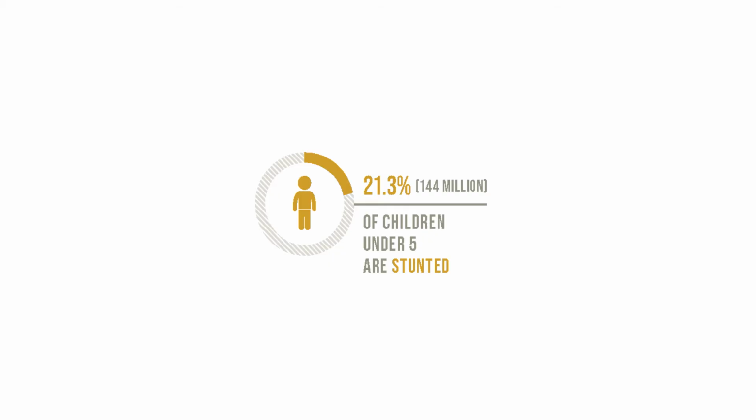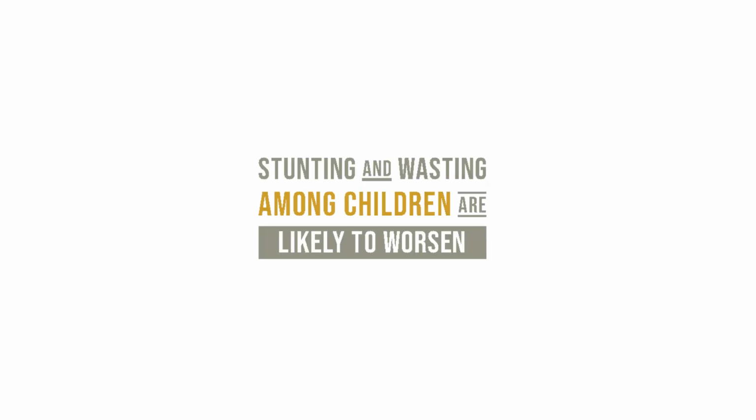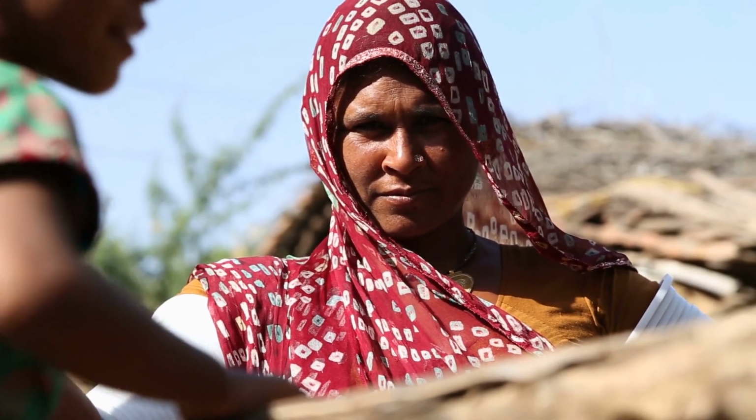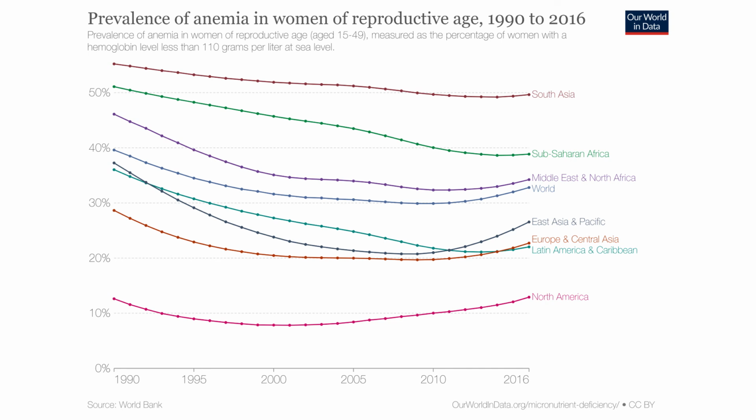With the target of elimination of stunting and wasting, 149.2 million children under 5, or 22% of all children, suffer from stunting, which is low height for age, down a quarter from 2015. 7%, or 45.4 million children under 5, suffered from wasting, and a similar amount were overweight. It's anticipated perhaps 15% more children will experience wasting due to the current pandemic. As of 2019, 30% of non-pregnant women of reproductive age suffered from anemia, with pregnant women reporting 7 percentage points higher, with the highest portion seen in South Asia and Central Asia at close to half of all reproductive age women.